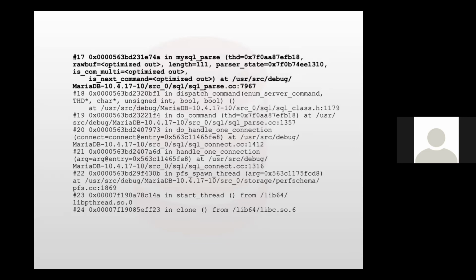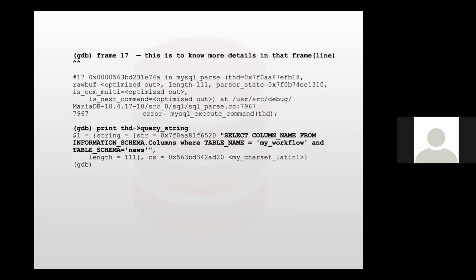What was that query? When you run frame 17 and then the command print thread query string, you get the query: select column name from information schema dot columns where table name was my workflow and table schema was news.